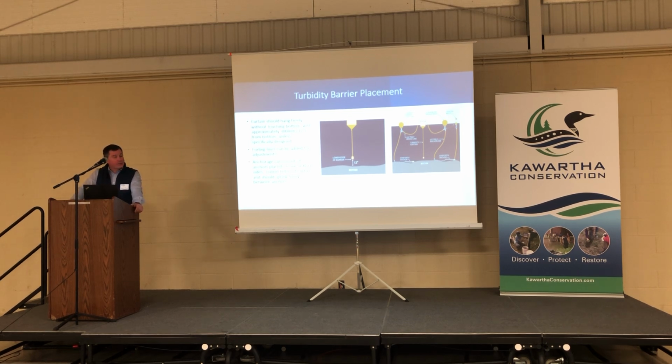The picture on the right-hand side illustrates a typical anchoring configuration. It consists of a Danforth-style anchor, or in some cases, concrete blocks work quite well. That leads directly to a floating ball, and then there's a bridle line. The idea is for the curtain to freely move back and forth, with those bridle lines or spring lines, to float in place.